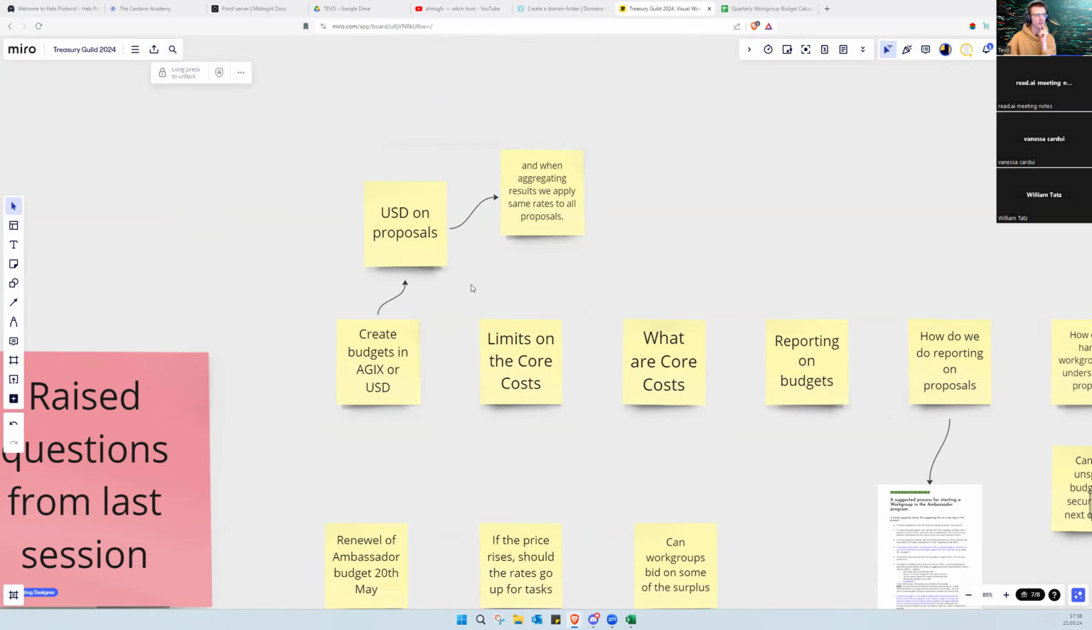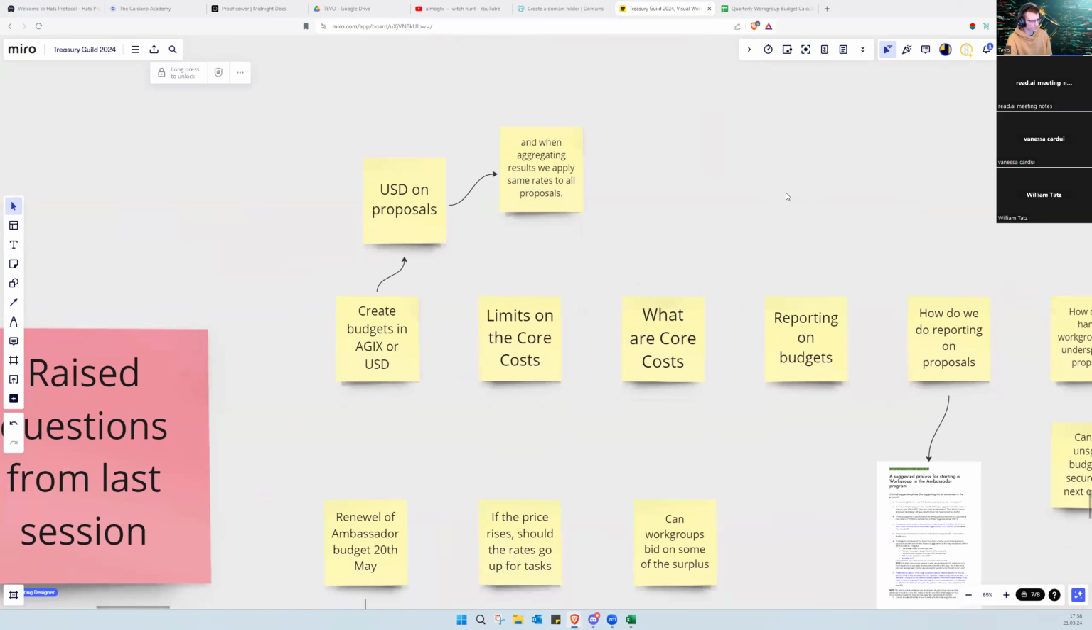But I would say that we are good following the current process, and then just deal with these issues when we have different work groups getting funded at different times. I mean, I guess isn't that a good reason to make budgets in USD, because then it doesn't depend on the exchange rate when you wrote your budget? Yeah,